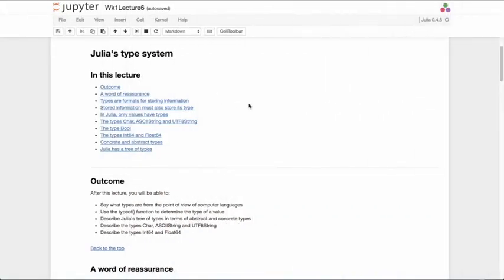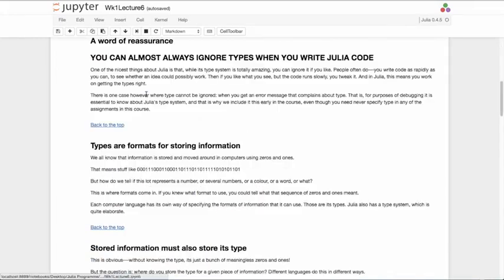Here we get into something that is very special to Julia. Before we start, let me reassure you, you can almost always ignore the types when you write Julia code. You can completely ignore it and just go on. What might happen, however, is that your code runs slowly. In that case, you will want to tweak it, which usually means that you will be working on getting the